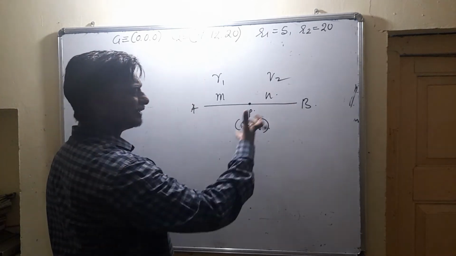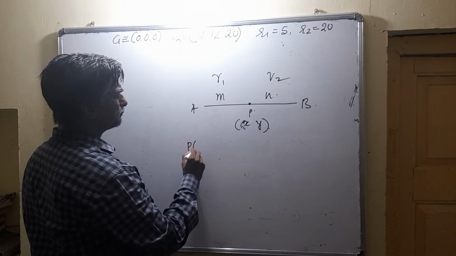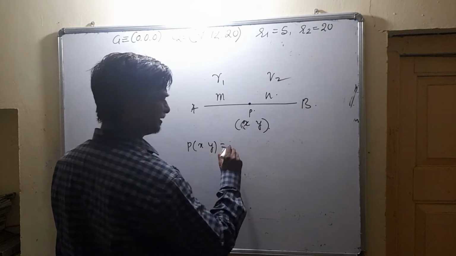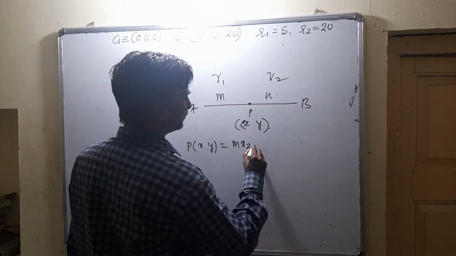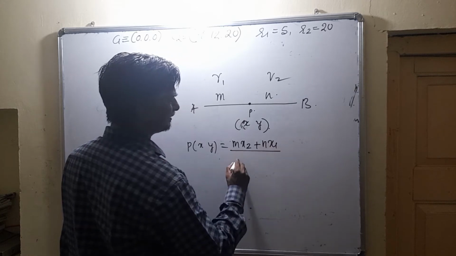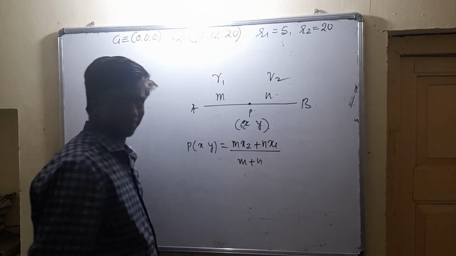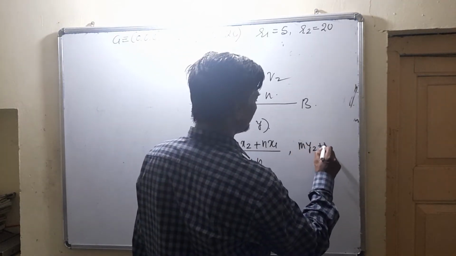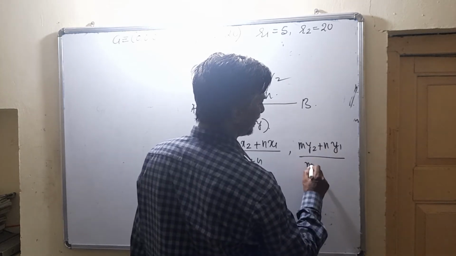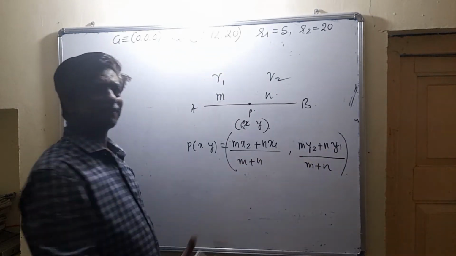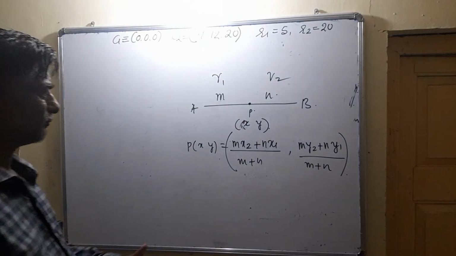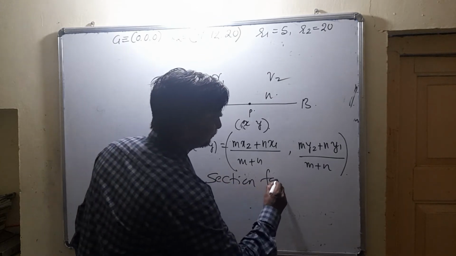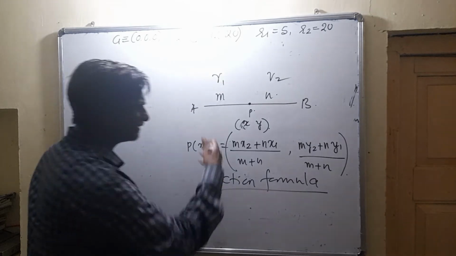How are you finding it? For a circle, very simple. P of x, y equal to what? mx2 plus nx1 divided by m plus n, comma, my2 plus ny1 divided by m plus n. This is studied in PU. This is known as the section formula. Using this, I am using